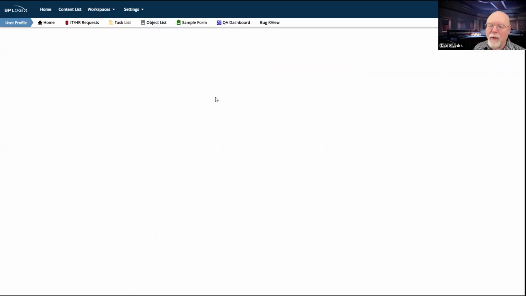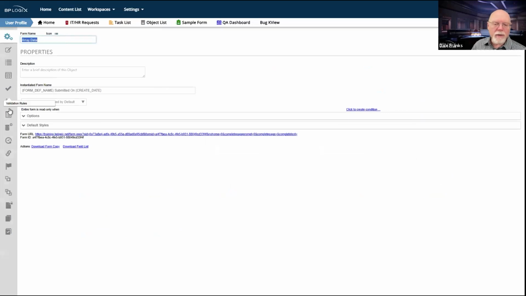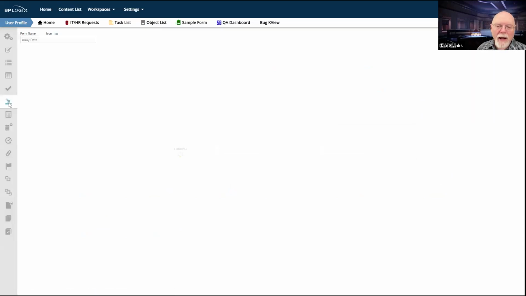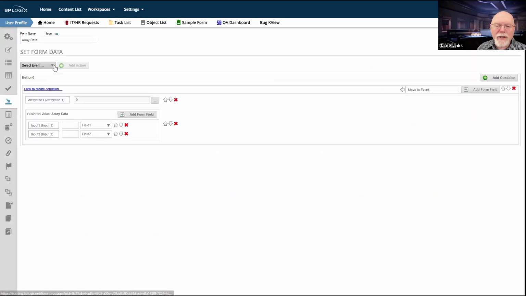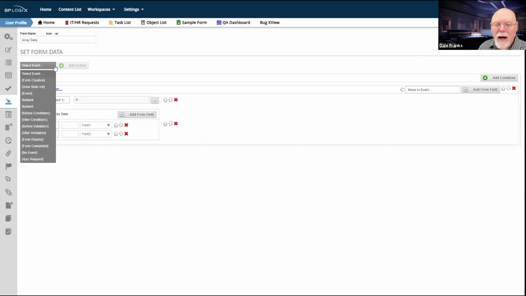There is a form. And on this form, we can go into the set form data tab, and we'll see something a little different. As you can see, this is a much smaller drop-down. So I'm not actually using any of the bootstrap here, so that's all turned off. So this is now forcing me back to what the default should look like with bootstrap turned off.